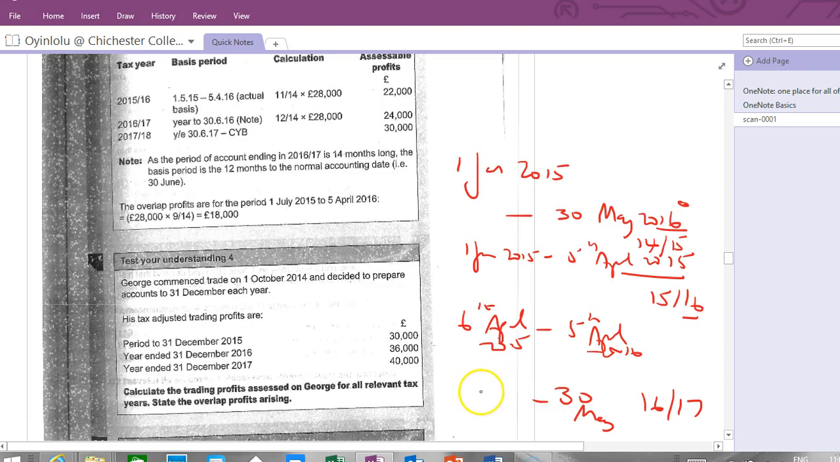So now you can do, if you like, the last 12 months, because you're really trying to align it with the year end anyway, aren't you? So you have a 1st of June 2017 all the way down here to